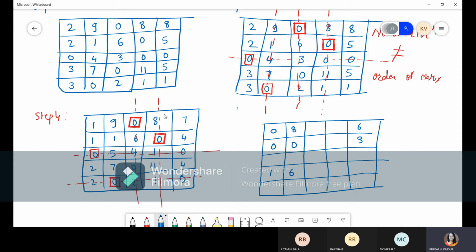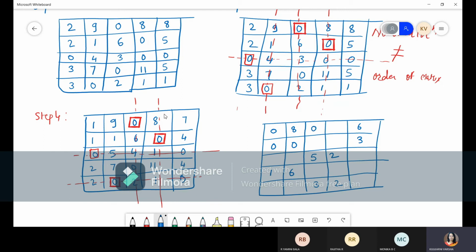Now wherever double cross elements are there, this 4, this 1, this 2 and this 1, these are double cross elements. So we have to add 1 to those elements. So 4 plus 1, 5, 1 plus 1, 2, 2 plus 1, 3, 1 plus 1, 2. Okay, now whichever single cross elements are there, we will retain them as they are.